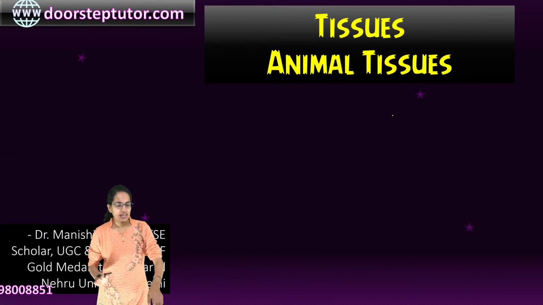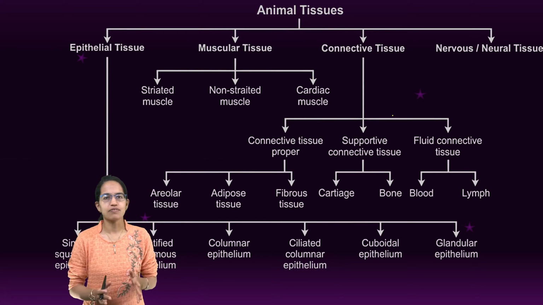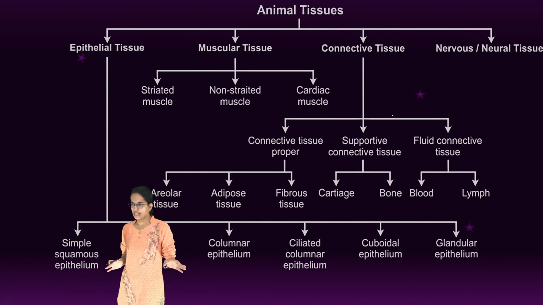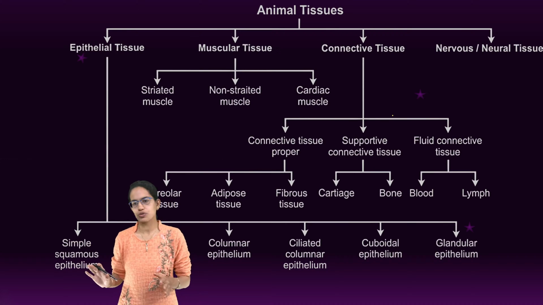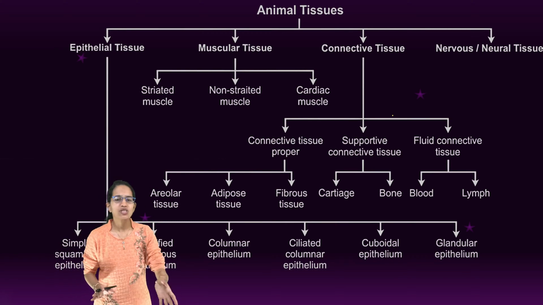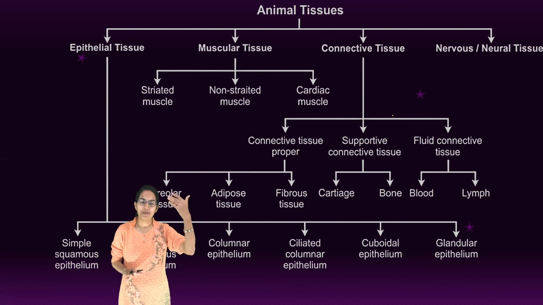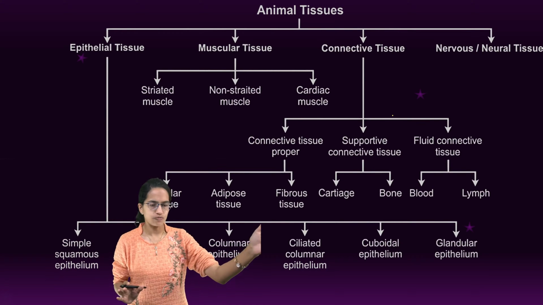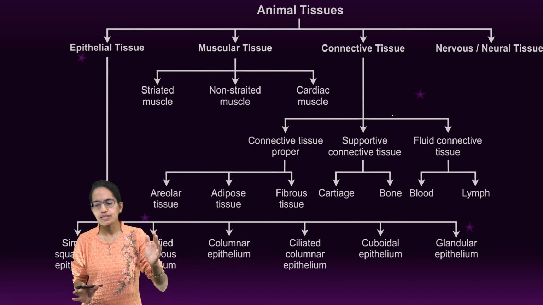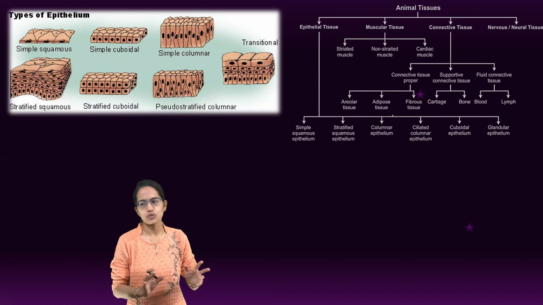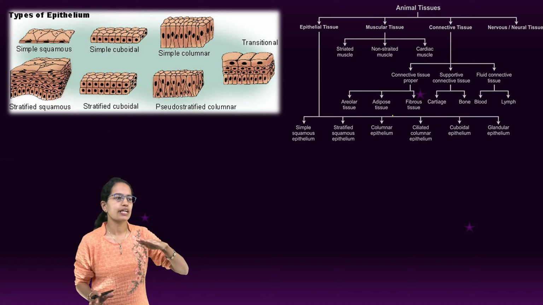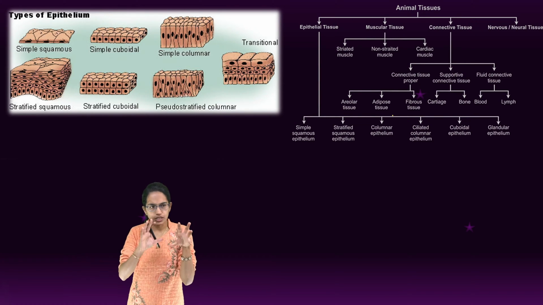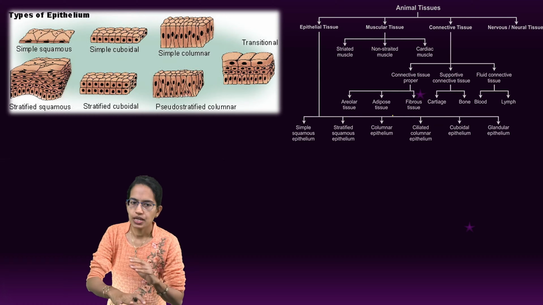Now, animal tissue classification is one of the simplest classifications to understand. We can broadly classify animal tissues as epithelial tissues, muscular tissues, connective tissues and nervous tissues. However, each of these tissues we would understand in separate detail in advanced lectures, but here we would have an overview of each of the tissues. So, to begin with, the first one is epithelial tissue. Now, epithelial tissues, to understand simply, are flat. They are actually the tissues which are on the layer surface.